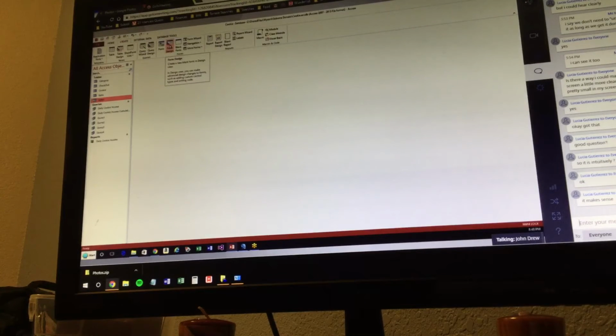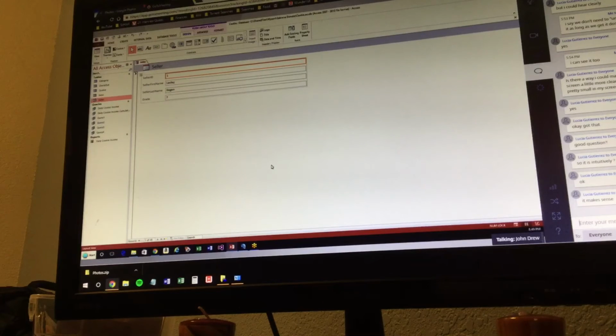Form design will bring you into a raw design form, which allows you to create a form from scratch. A form wizard can walk you through steps and allow you to select data and so forth in order to do that. But we're just going to do a form in this case. So what it does is it reads the underlying fields in the table and then creates a form field for each of those. So if we look at the seller table,